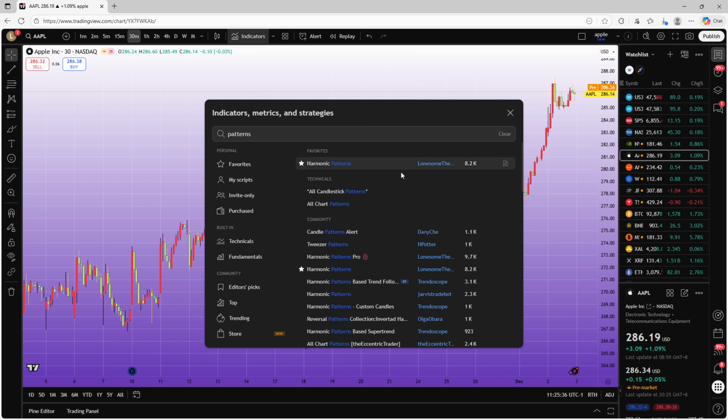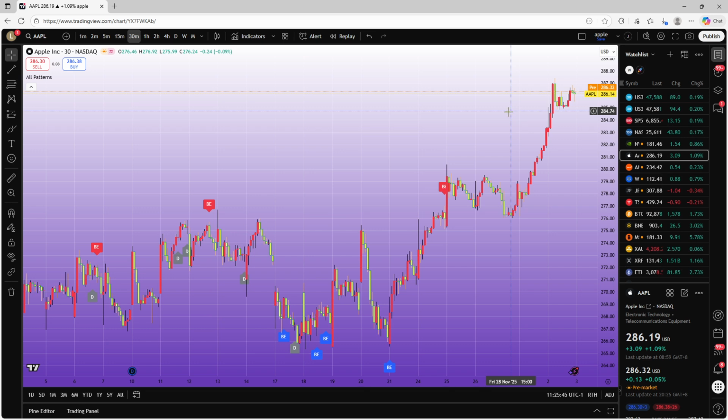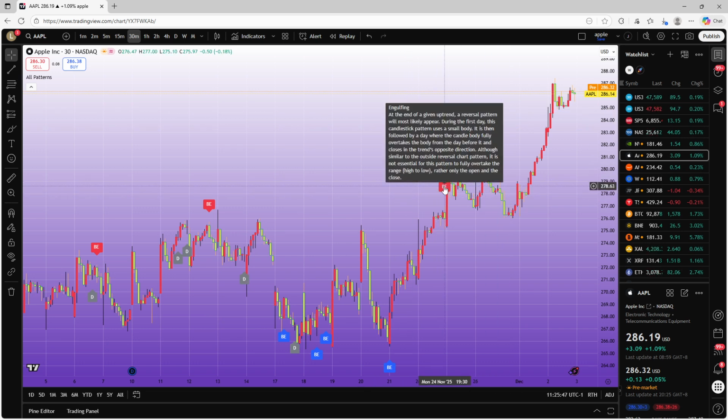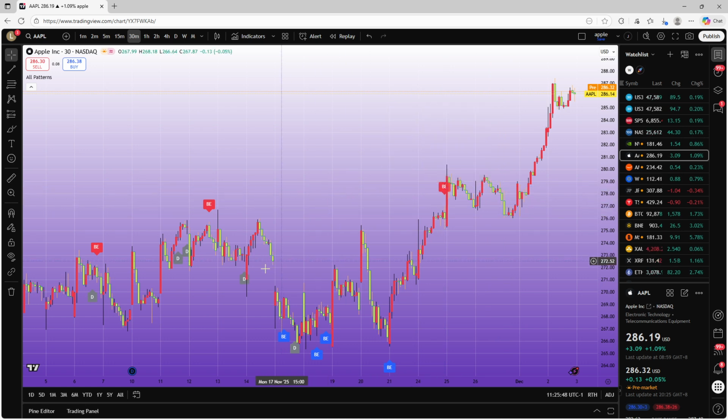This is the built-in Tradingview indicator that automatically scans your chart for common candlestick formations, such as hammers, engulfing patterns, dojis, and more. Once you've located it in the list, simply click on All Candlestick Patterns one time. After you click it, the indicator will be added to your chart right away. You'll start to see labels or small markers appearing above or below certain candles, identifying the specific pattern the software